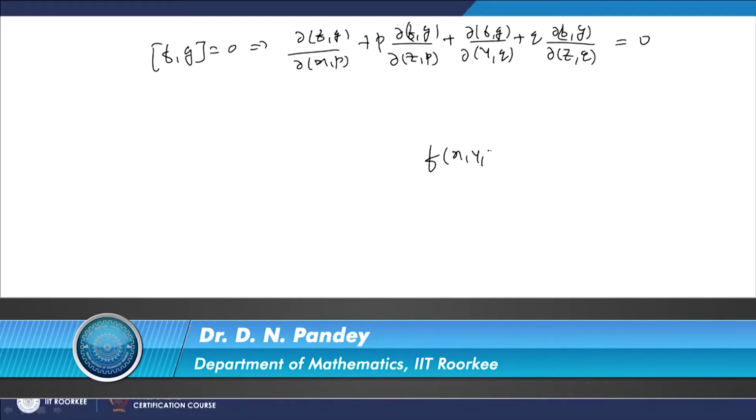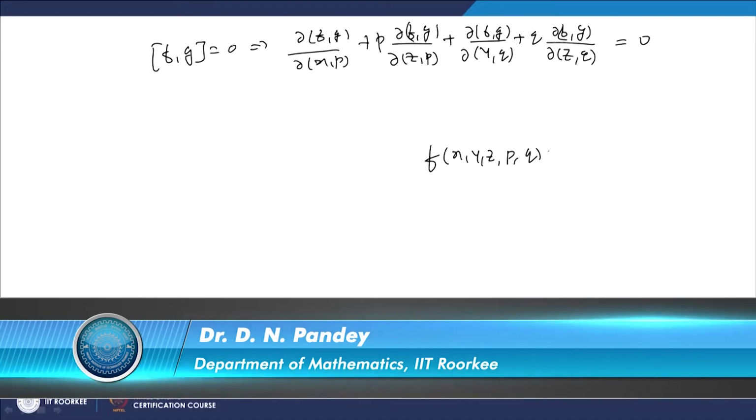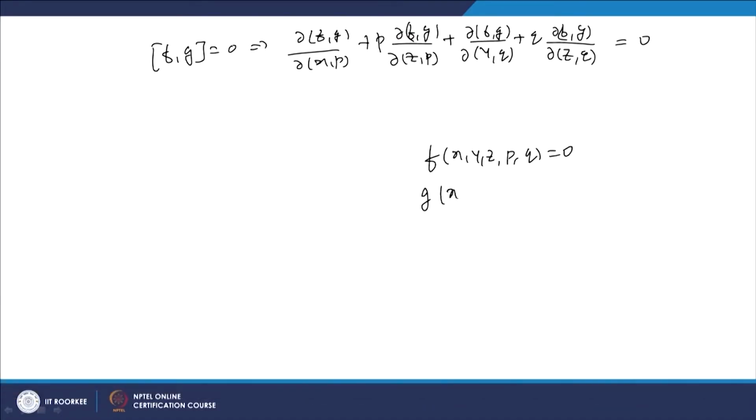Hello friends, welcome to this lecture, and in this lecture we will continue our study of compatible systems. If you recall, in a previous lecture we discussed the definition of compatibility as follows. Here we say that f(x, y, z, p, q) = 0 and g(x, y, z, p, q) = 0 are said to be compatible if every solution of the first equation is a solution of the second